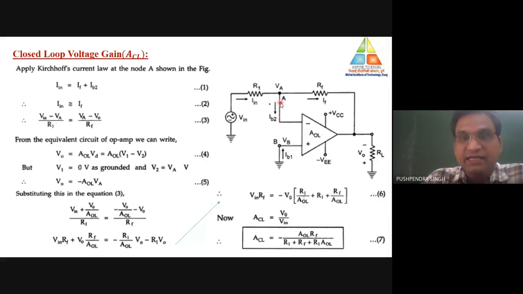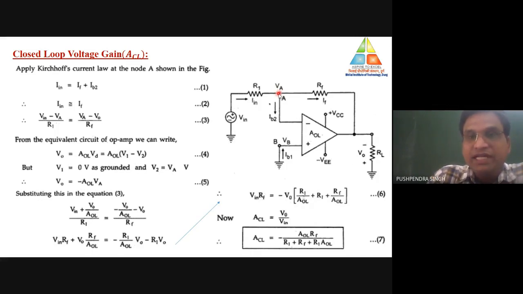So this is our circuit diagram. What we are going to do here in closed loop voltage gain is make a relationship between the output voltage and the input voltage. Output voltage to the input voltage, that is called the gain. So we need to make a relationship between the output and start coming back to the input. So first of all, let us apply a node at this point A.